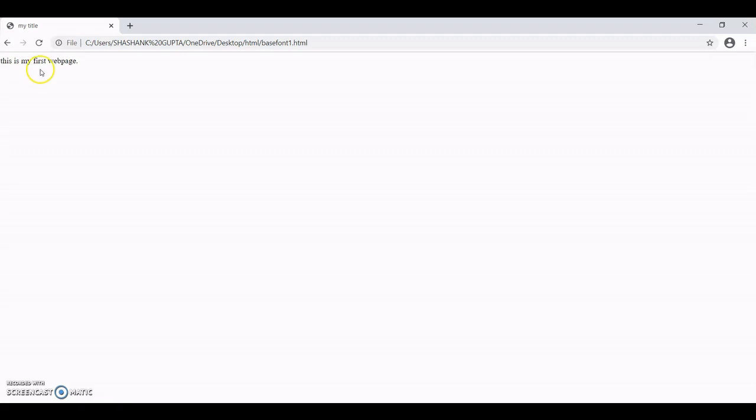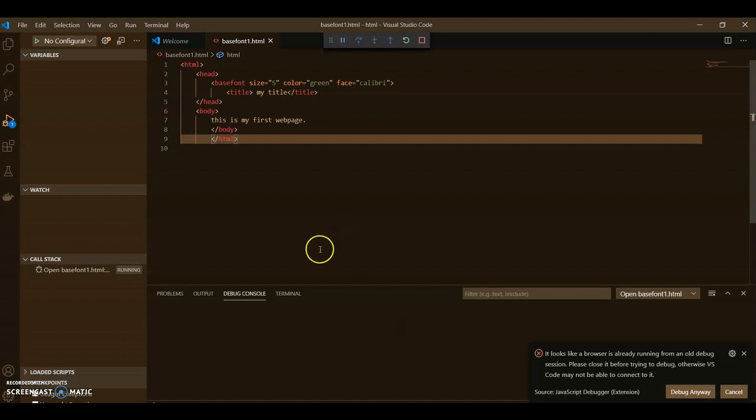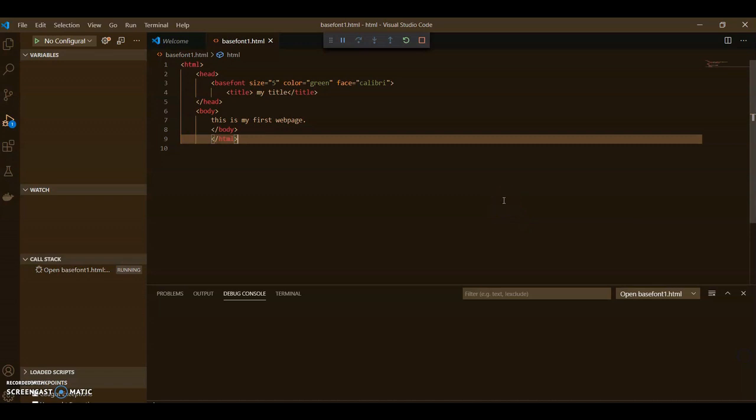It is not applied because you are running this program in the Chrome browser. So I advise you, if you want to use the basefont tag, use Internet Explorer 9 or an earlier version. You cannot run this program in the Chrome browser, Mozilla Firefox, or Netscape Navigator.